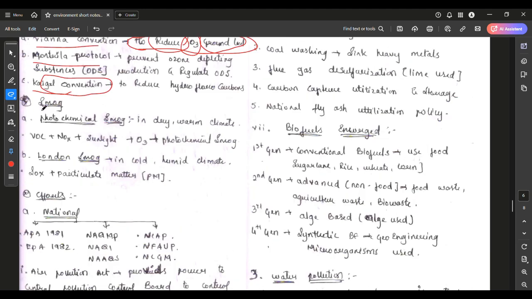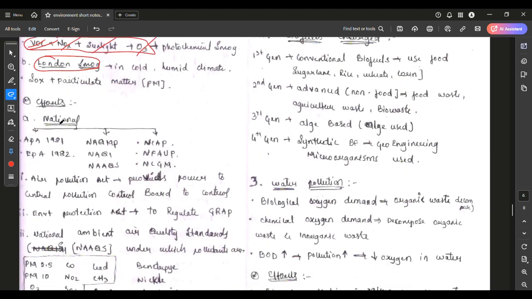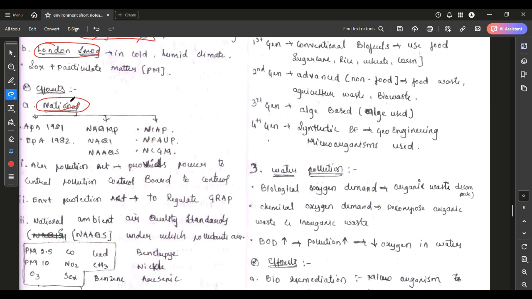Okay, smog is a major problem in urban areas. You can see the photochemical smog and the London smog. There are two types. The photochemical smog is formed by the interaction of VOC, NOx, sunlight, and O3. Okay, like that. And the efforts to control air pollution,